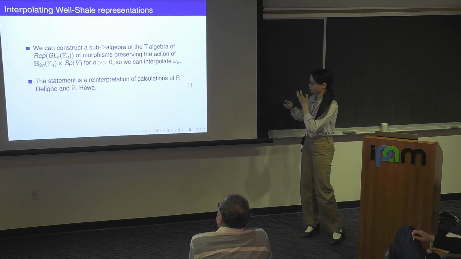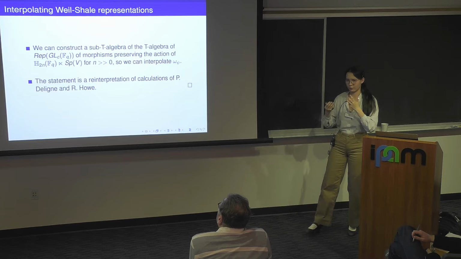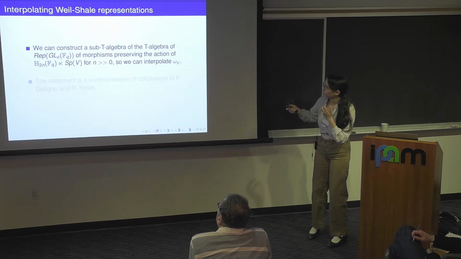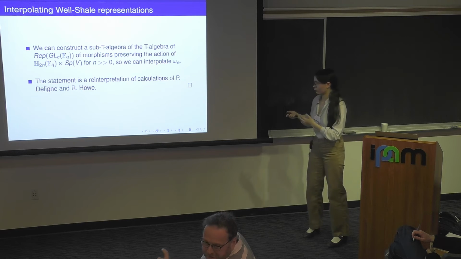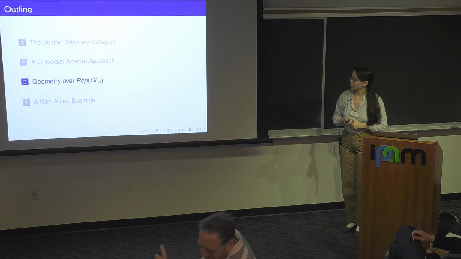It's a reinterpretation of already known facts about this Weil-Shale representation. C, we just choose it to be a complex number, not in Z. So this is just a reinterpretation of calculations of Pierre Deligne and Roger Howe. Okay, so